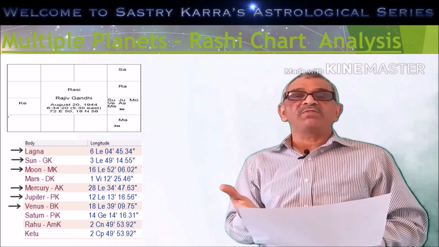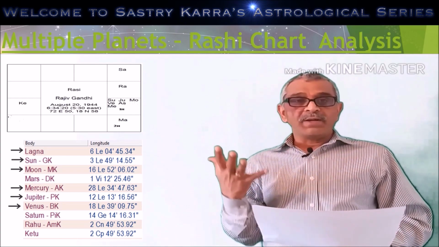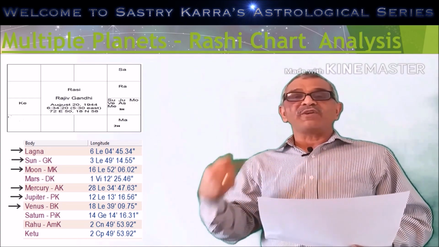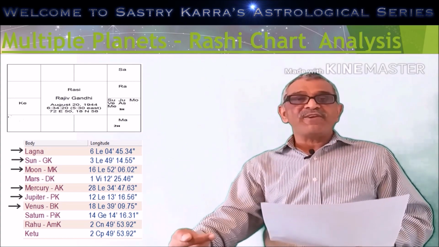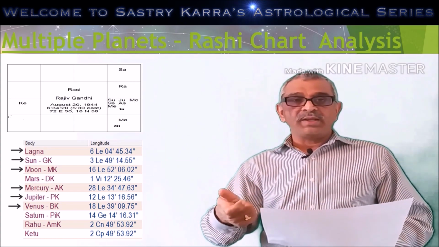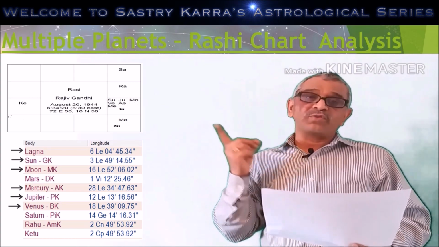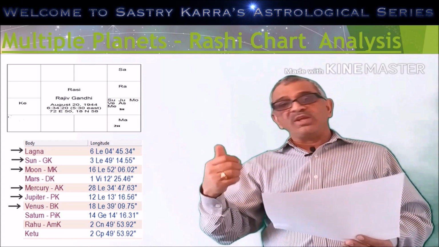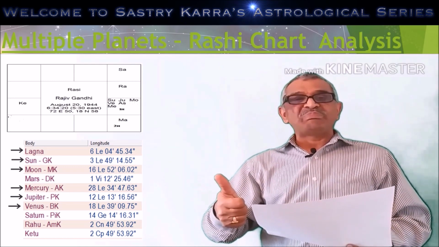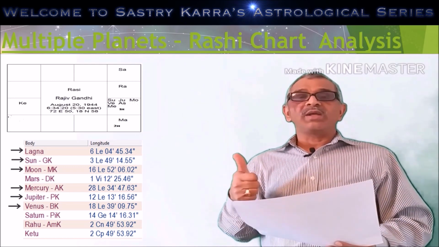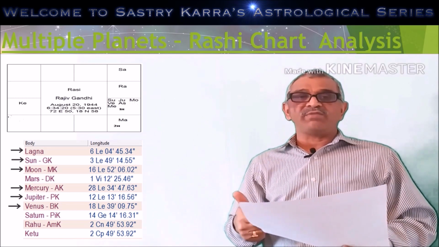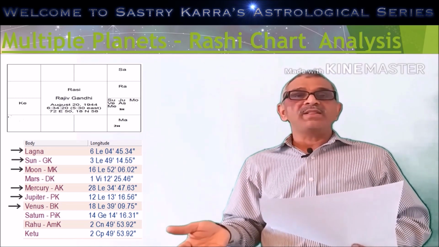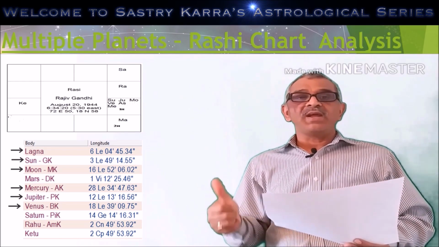Rajiv Gandhi is the best example to show that when there are multiple planets, particularly in the first house, and the first house lord has been afflicted because of Rashi, and the second house lord Mercury is also in Rashi, the native will have no steady thoughts of what he or she wants to be in his life, what the native wants to achieve in his life. There won't be anything that the native can clearly say.